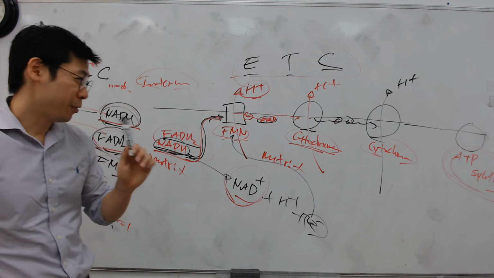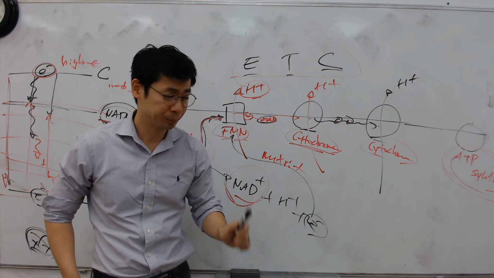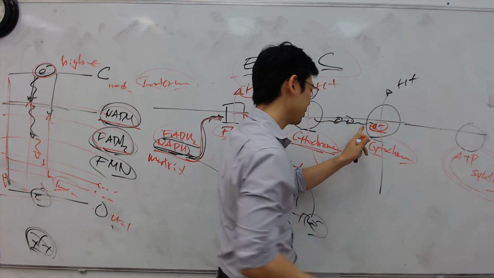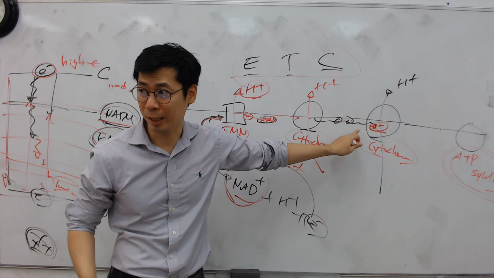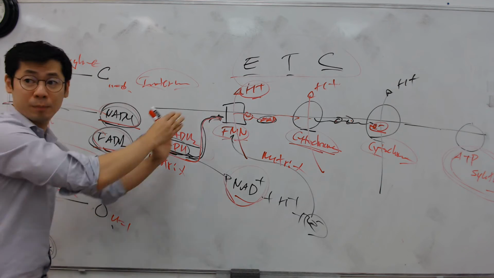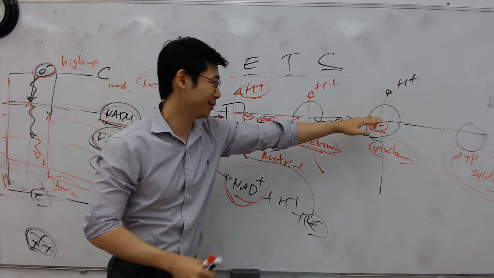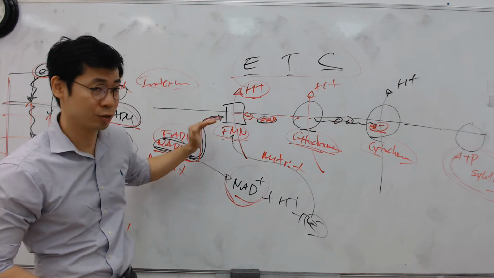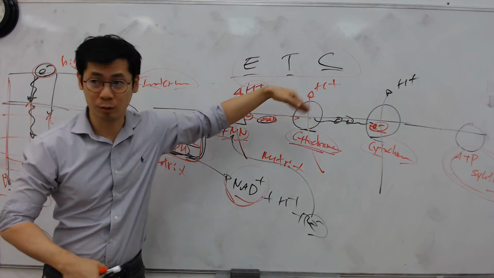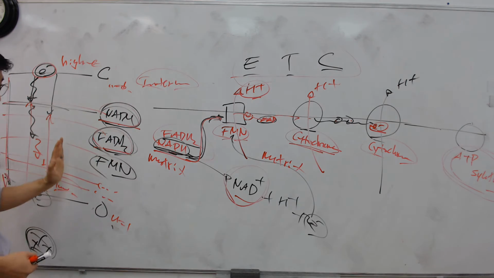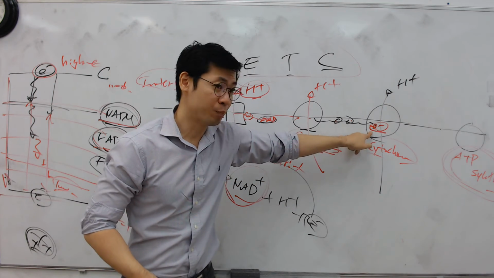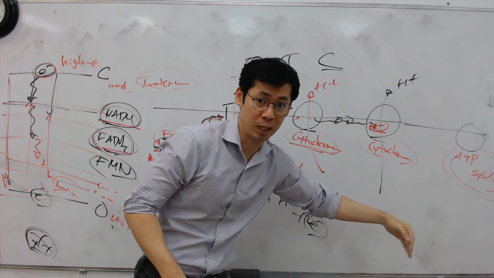One thing to note: the electron is here. What must happen to the electron? Think about it, there are electrons lined up. It's a chain reaction, right? One electron went in, they pump out H pluses, and the next electron must go in. It's like a line. So this electron must come out.